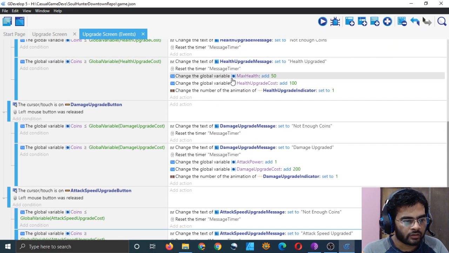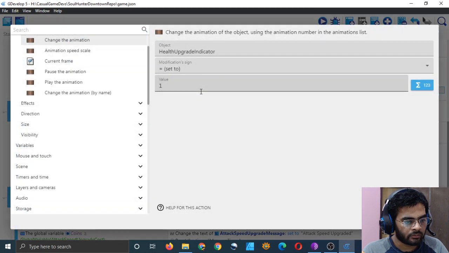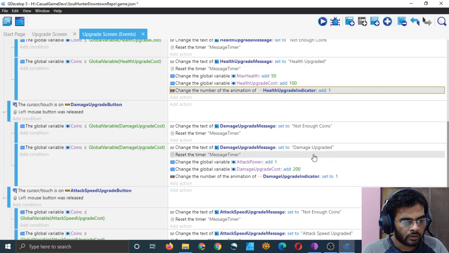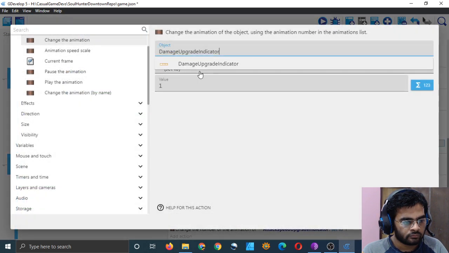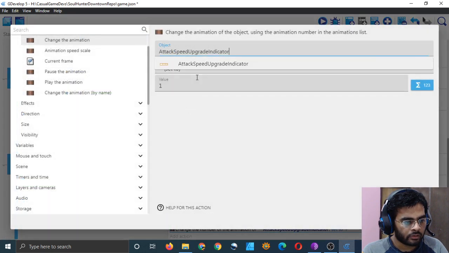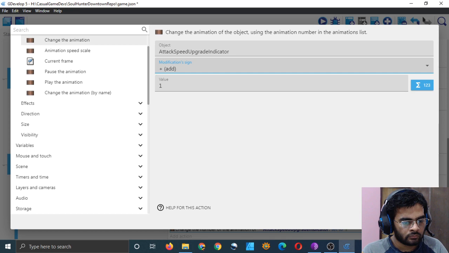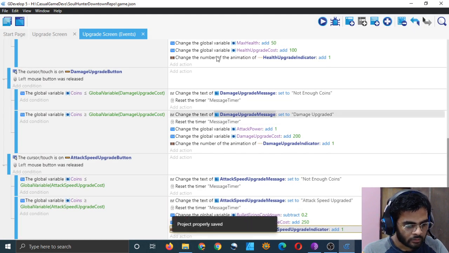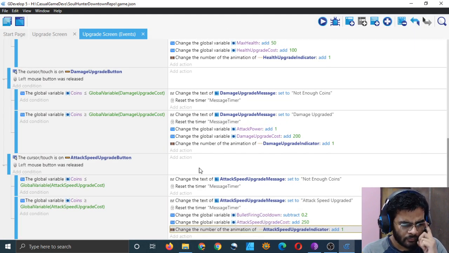The actions will be the same every time, so we will just increment the animation number by 1 every time. Just increment it by 1, right? So now that's okay. We should not be allowed to upgrade after a certain limit, right?